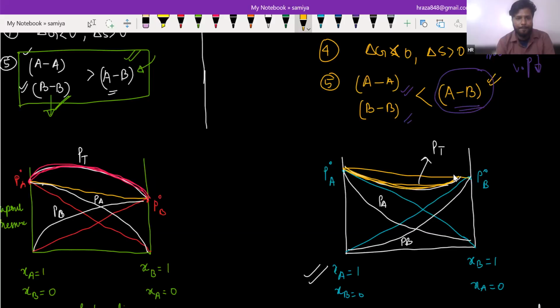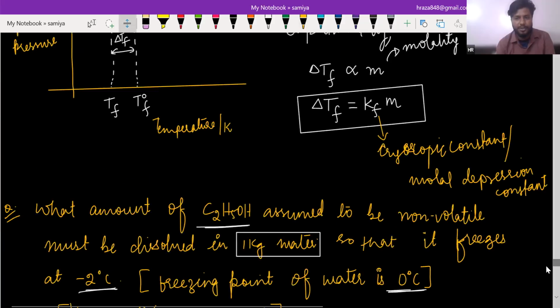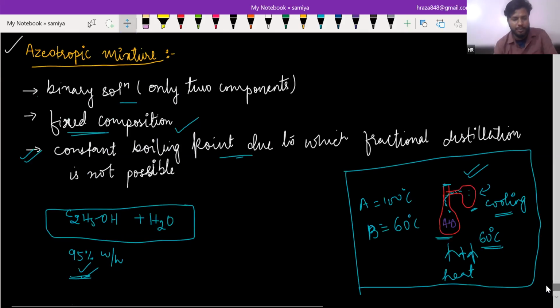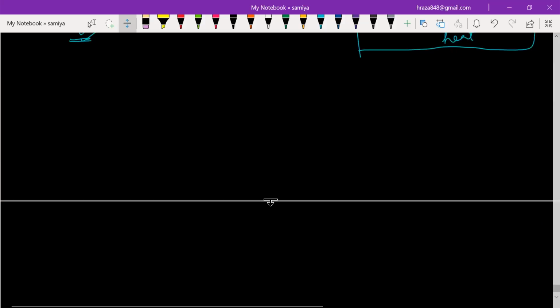Samia, is this clear now? Yes, sir. Okay. And in azeotropic mixture, we are going to do the same. Are you done with this? Yes, sir. Now see, azeotropic mixture